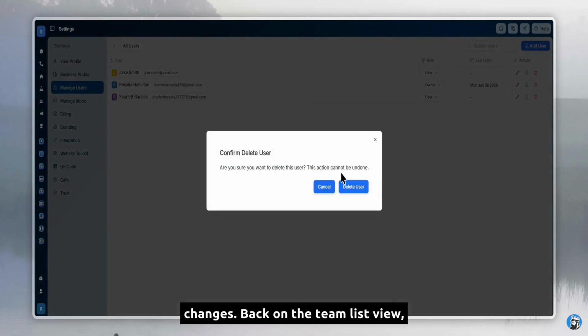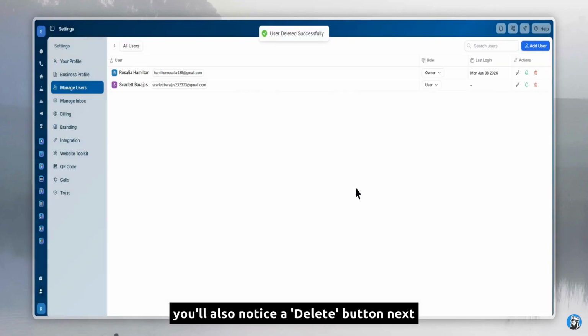Back on the team list view, you'll also notice a Delete button next to each team member. That's how you can quickly remove someone from your account if they no longer need